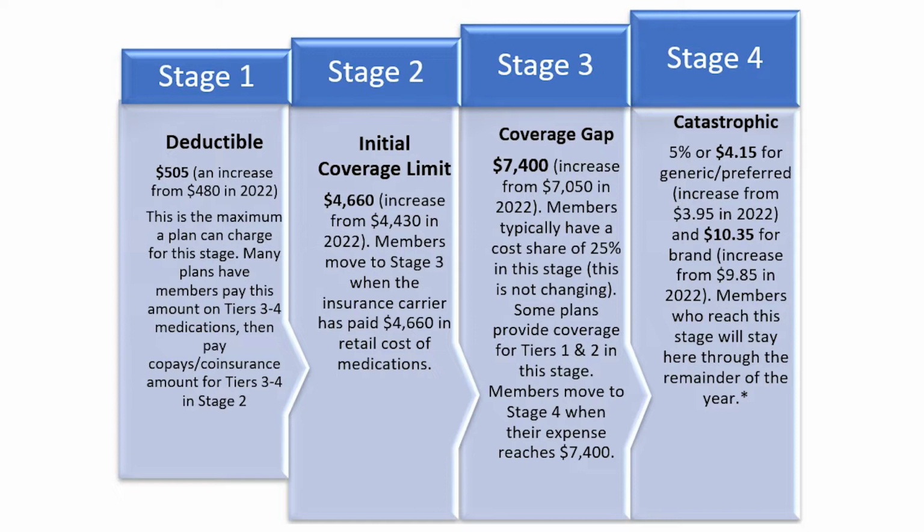CMS creates the framework. I like to use the analogy of building a house. So in other words, that framework for all Medicare Part D prescription drug benefits. So you'll see numbers for 2023 on your screen now. Keep in mind, your plan may be different, but these are the maximums that each carrier follows when designing their